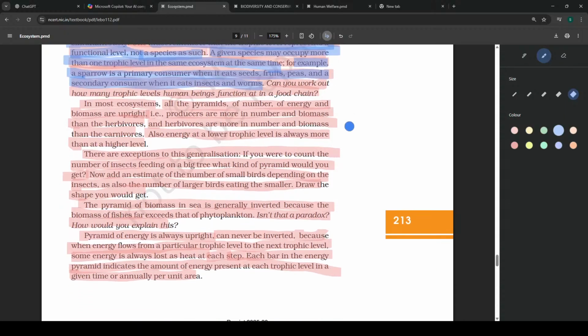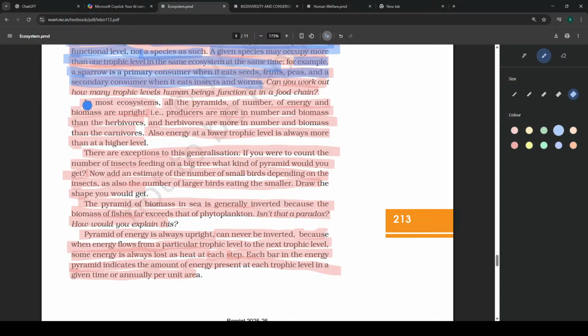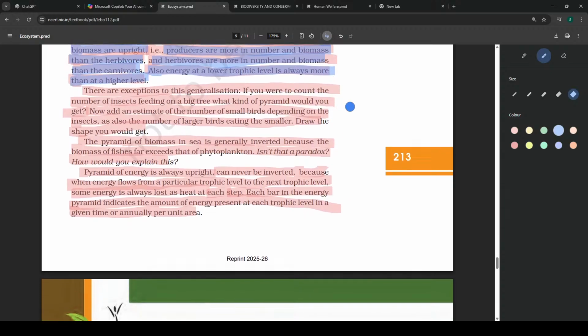In most ecosystems, all the pyramids of number, this is also important to remember, most of the ecological pyramids are upright. Producers are more in number and biomass than herbivores. Herbivores are more in number and biomass than carnivores. Energy at a lower trophic level is more than at a higher trophic level. There are some exceptions. If you were to count the number of insects feeding on a big tree,